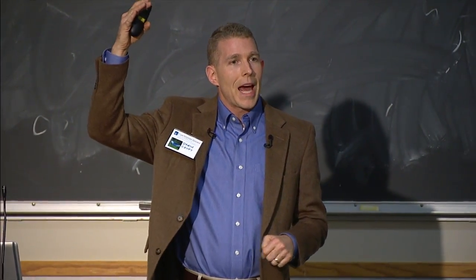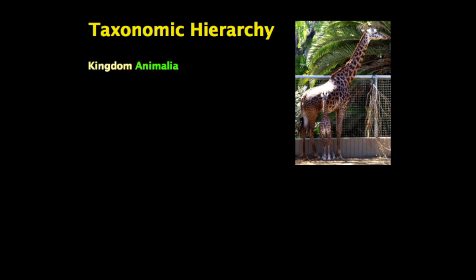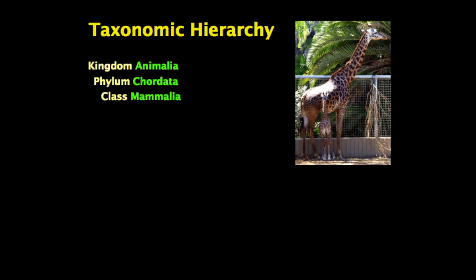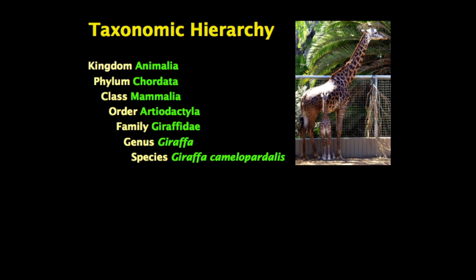The highest level we have when we classify animals is the kingdom. Then we have the phylum, Chordata. Let's pretend we're classifying this giraffe here on the right. Chordates are animals that have a notochord. It's kind of like a backbone. They have segmented musculature, a lot of other features that I'm not going to go into here. Of course, a giraffe is a mammal. That's what we're going to focus on today. Then comes the order, the family, the genus, and the species.